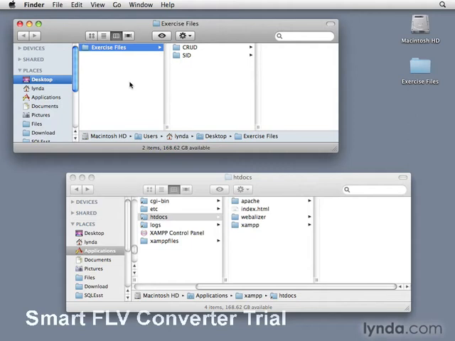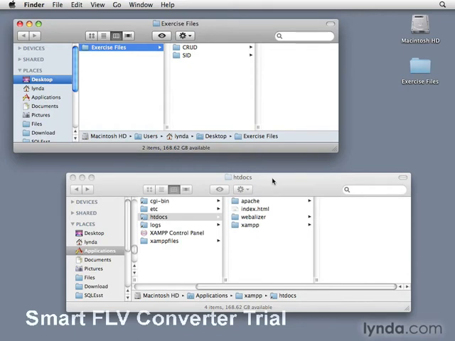There's a lot of different ways to do it. XAMPP is very easy to install, but it's not the only way. So this just assumes that you have installed some web server with PHP and MySQL and the minimum requirements for running these exercise files. On the desktop, I've got the exercise files folder, and I've opened that in this top